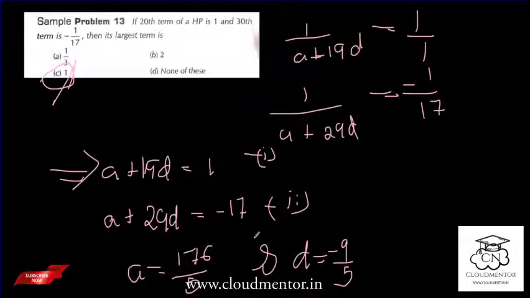So let's move on to the next topic, that is the insertion of harmonic means between two numbers. Let h1, h2, h3, etc. up to hn be the n harmonic means which are inserted between two numbers a and b, such that a, h1, h2, etc. up to hn, and b form a harmonic progression. Here the total number of terms is n plus 2,